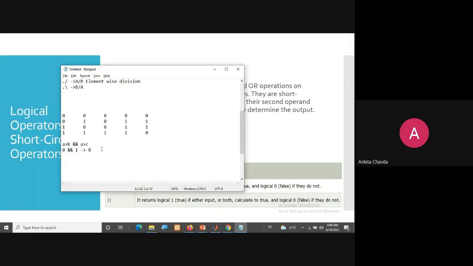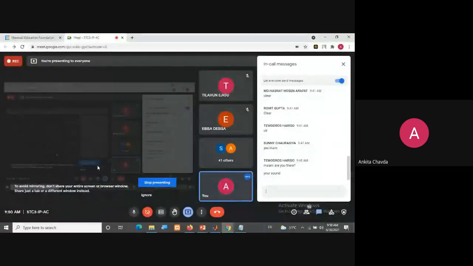Very obvious, right? Same way, if A is greater than B or A is greater than C, it is something like this. If A is greater than B and it is 1, then it will not go and check the second one, right? Whether the second condition is false or not, the first one is 1, it means the result is 1, right? So it is something like this. Fine. So is it clear? So this is about the short circuit operator.